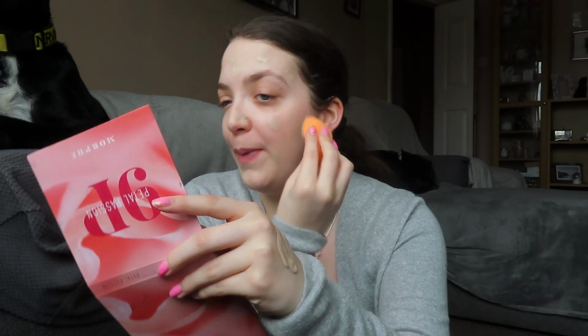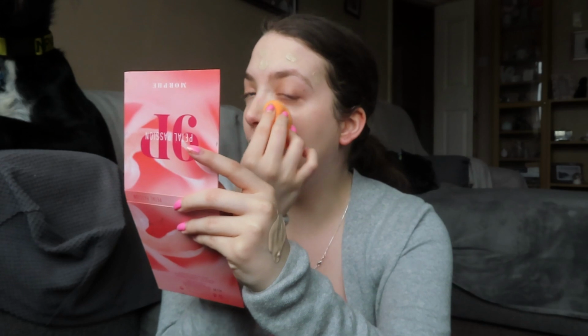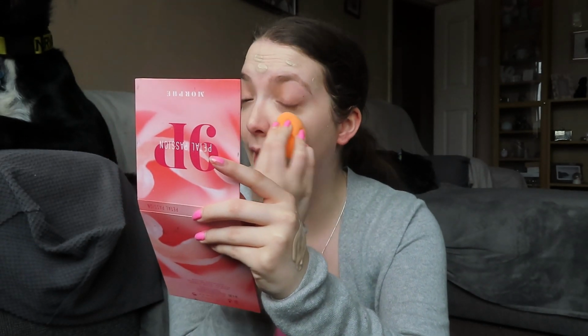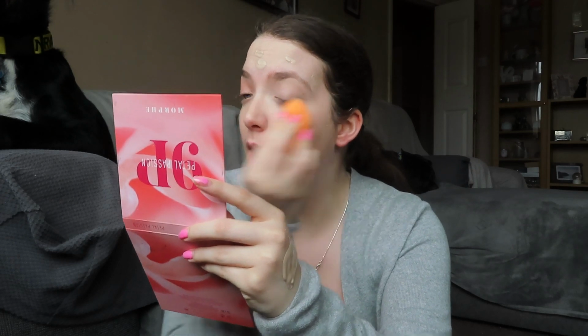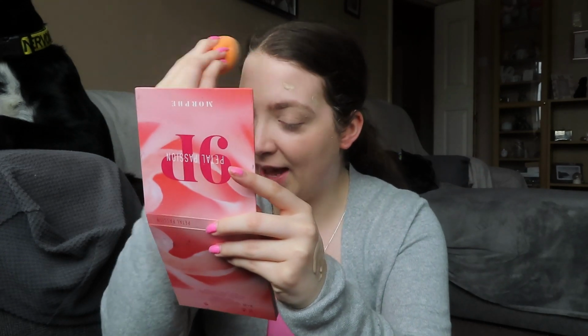I absolutely love Real Techniques brushes and sponges. They're not the cheapest, particularly the sponges. I think they're something like £7 a sponge. However, I feel like I went through a phase last year of trying different makeup sponges, and not once did I find one that compared to this. I didn't once find one that was as good as my Real Techniques Miracle Complexion Sponge, so I ended up going back to this one. So they are, like I said, a little bit more pricey for a sponge. Obviously they're cheaper than an actual beauty blender,